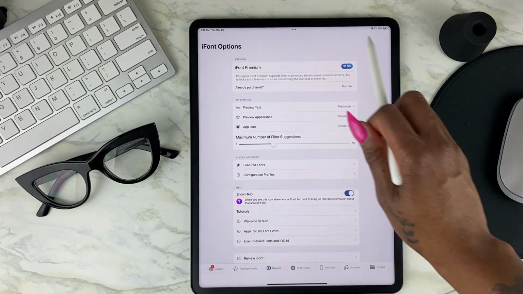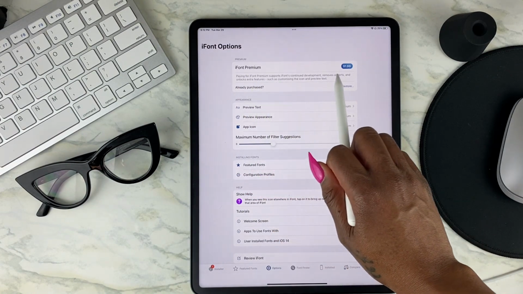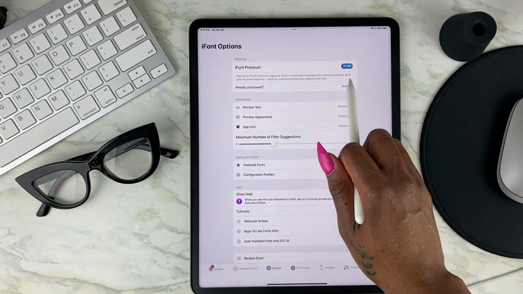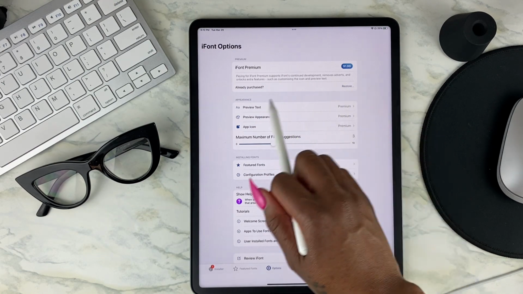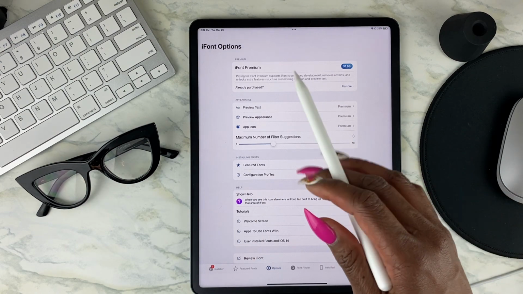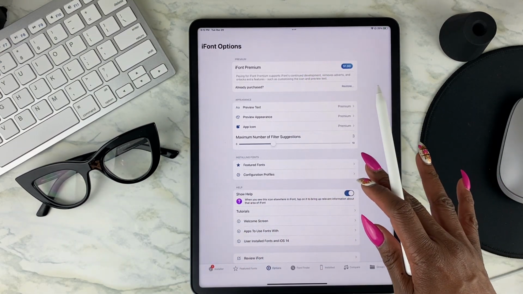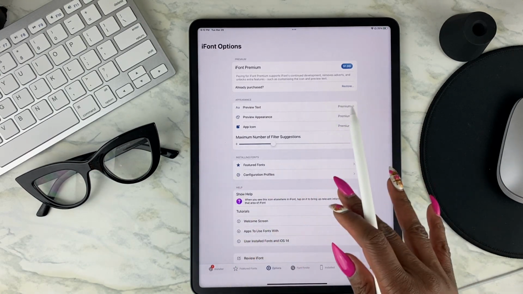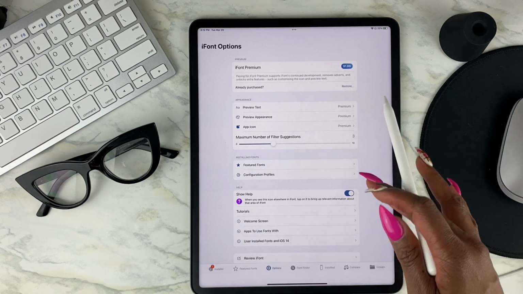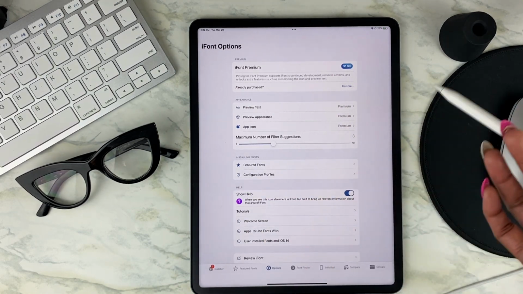Now options, this is just playing around with the different settings. And then this is if you want to have the premium, you can pay $1.99, and basically it just removes any advertisements and unlocks any extra features and icons, because some of the free fonts you don't get all of the characters. Like a couple of fonts that I have, I can't use any of the numbers, and if I wanted to use them, I would just pay an extra $1.99 and I have them, but it's no big deal